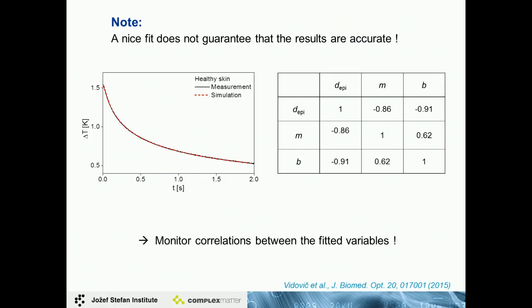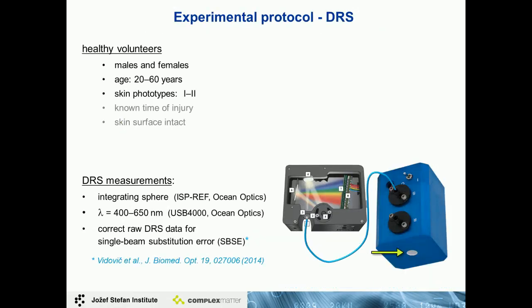However, it is important to notice that the good fit doesn't guarantee the accuracy of your results. Because the signals are so featureless, there's a huge crosstalk between the three channels, so different combinations of them are going to give very similar signals. So it really pays to look at the correlation metrics, and the off-diagonal elements being very large indicates you have a huge crosstalk problem. So these are not really independent channels as far as the data that you have available are concerned. And this is the reason why we have to complement one technique with the other in order